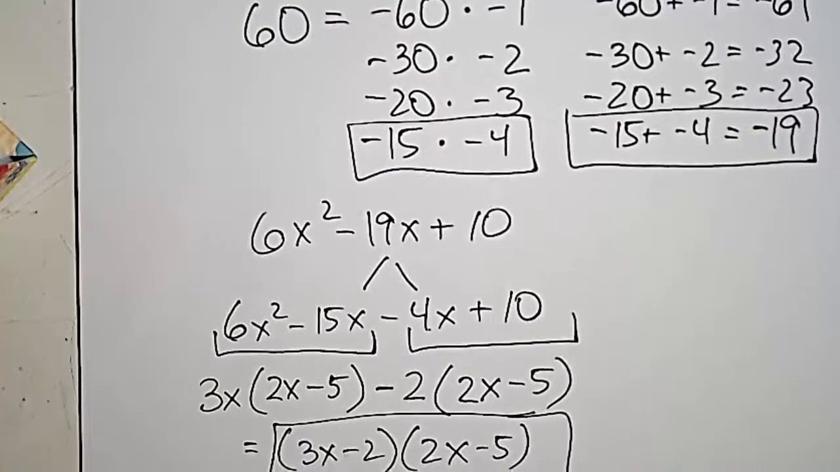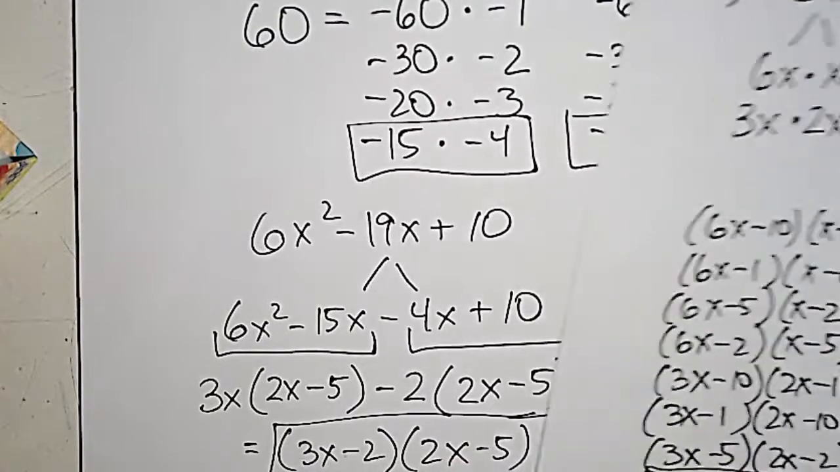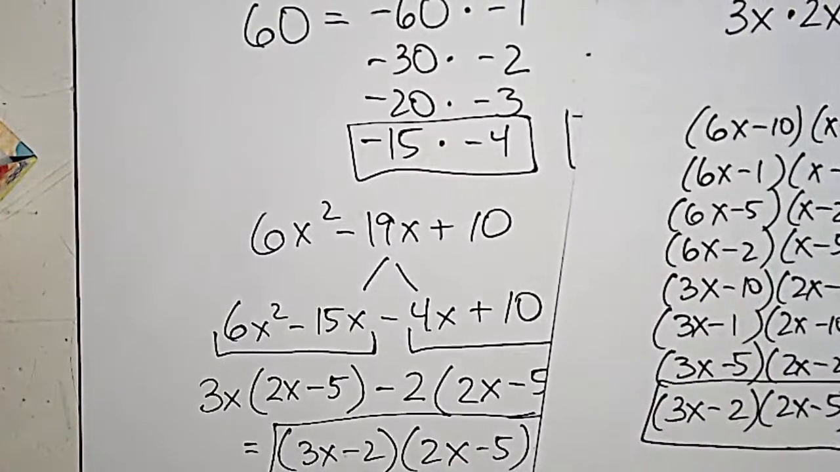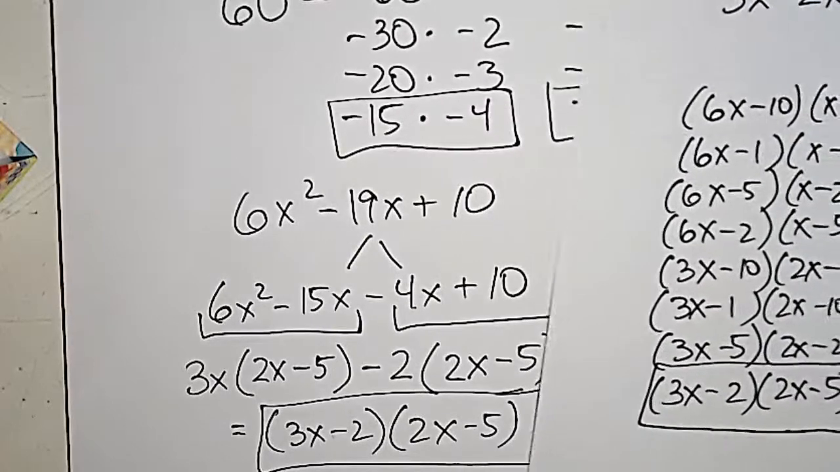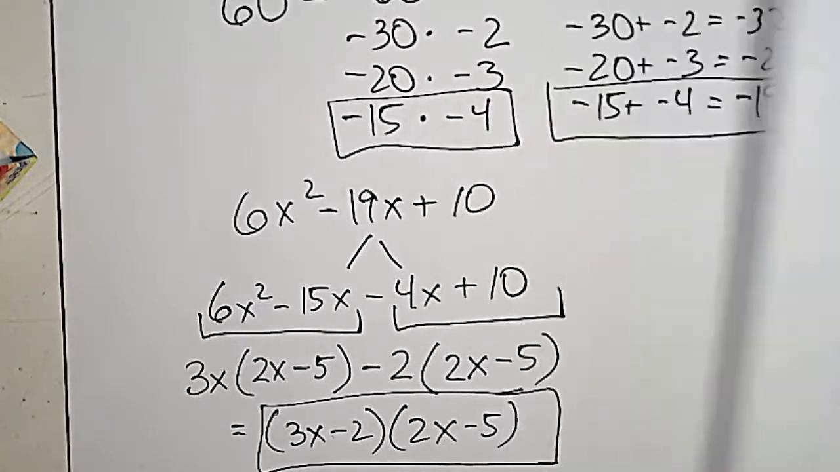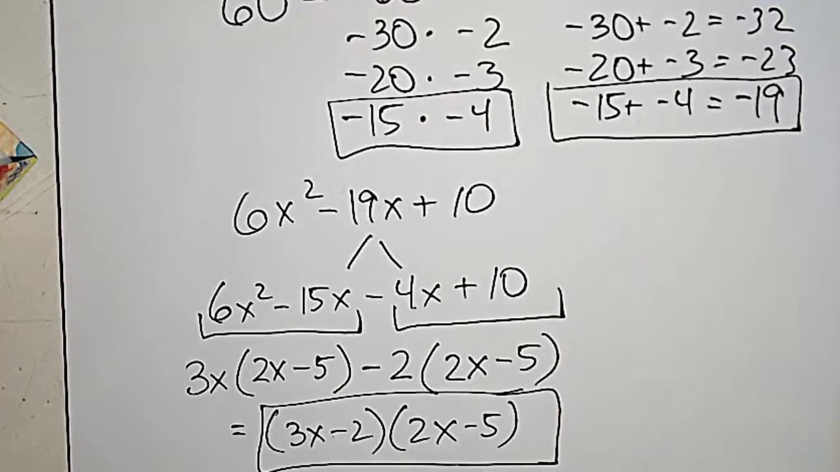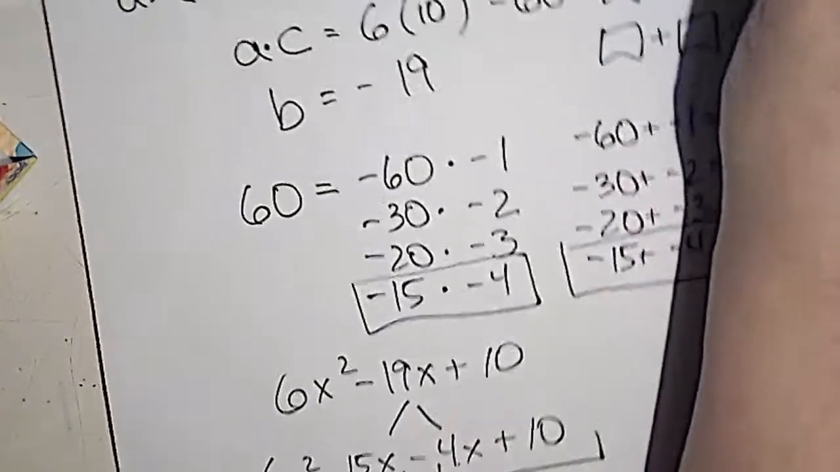Is that the one we got with the AC method? That's what we got with the AC method. We did it. You guys were awesome. We finished 6.2 and 6.3. We did it. So I'm going to write up here